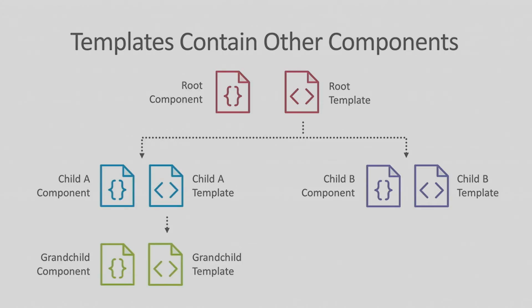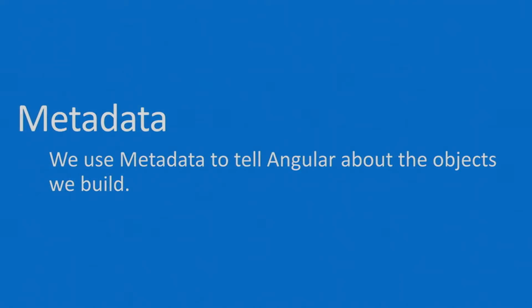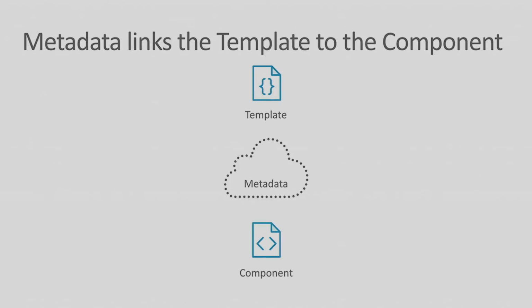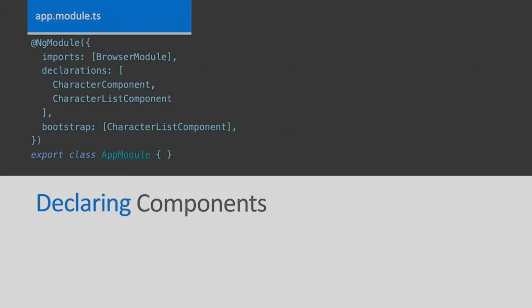One of the reasons they chose the word component is it's very similar to the theory or the ideas of web components, which are not officially standardized entirely across all the browsers yet. So these are visual components that we can see on our page, and they can all nest each other and relate to each other. Makes it easy to build applications. And we also saw metadata in that file. The metadata is what links the template to that component. So we've got our template and component, and we've got metadata between there that puts the glue between them. That's how we pointed to the HTML. We can also point to our CSS.